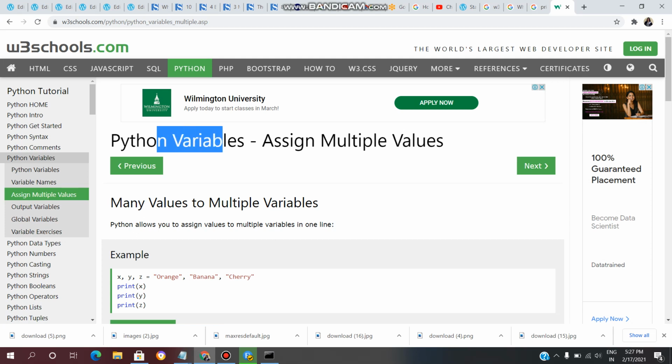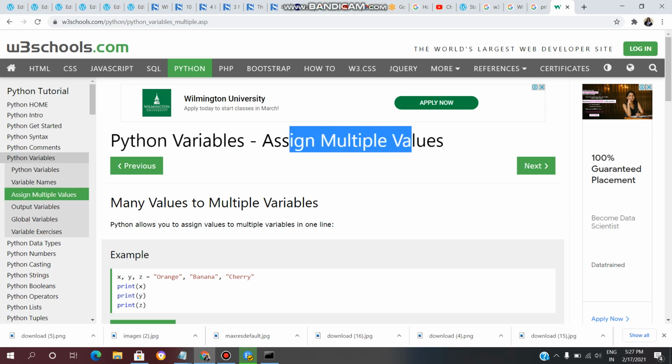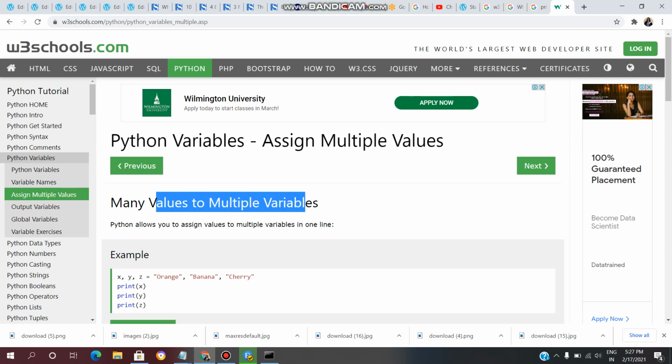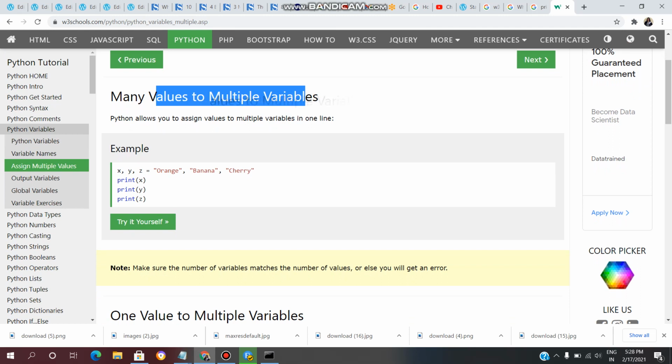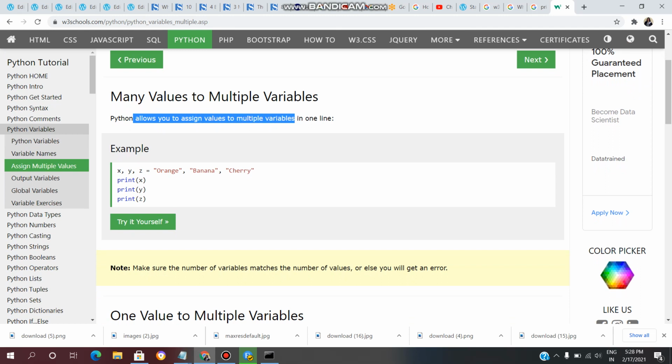Now we are seeing Python variables, in that, assigning multiple values. The first concept is assigning many values to multiple variables. Python allows you to assign values to multiple variables in one line. For example, x, y, z equal to the strings orange, banana, cherry.